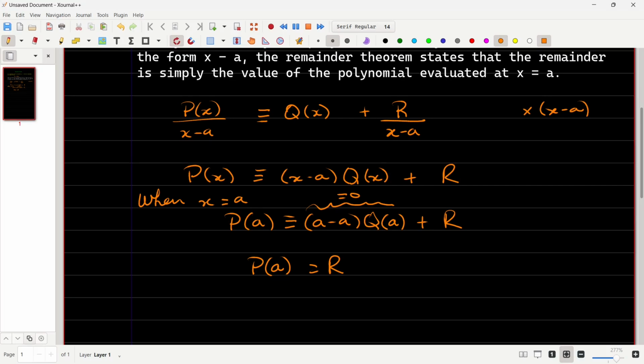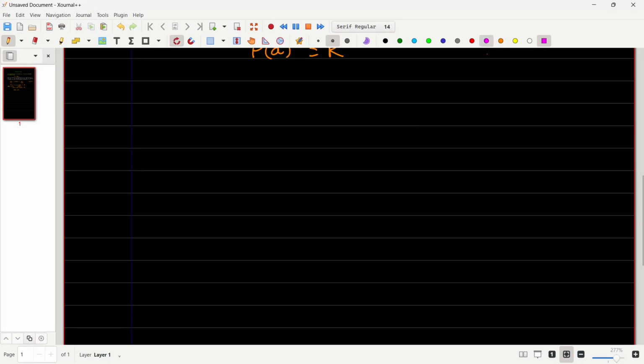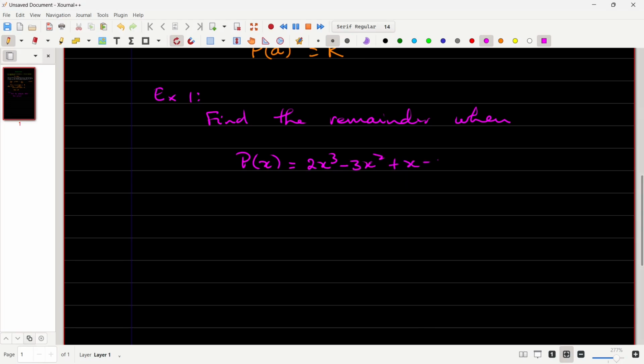All right. Now let's look at some examples of the remainder theorem in use, and you'll see exactly what we're doing with it. So instead of going through all of the divisions and finding the remainders, we're just going to simply use the remainder theorem and figure out remainders. So example 1, we're to find the remainder when p of x, which is equal to 2x cubed minus 3x squared plus x minus 5, is